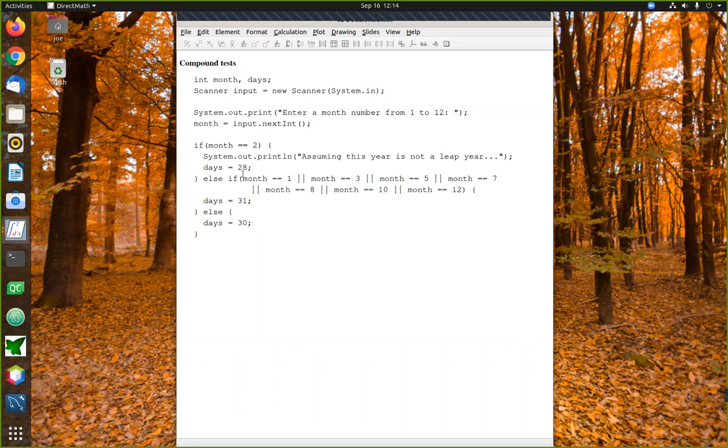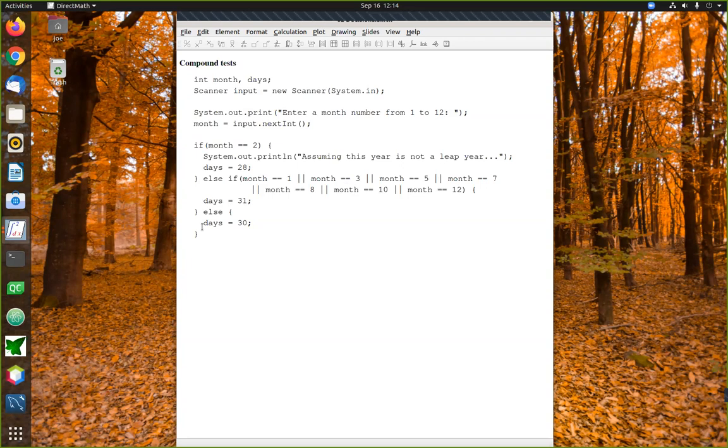Those are all the months that have 31 days in them. The way that we catch all of these cases is we write a separate test for each one of those months, and then we combine all of those separate tests by using what's called an OR combination. This is basically read: if the month is 1, or if the month is 3, or if the month is 5, and so on and so forth. If any of those cases turn out to be true, then we're in this case, and we know that the number of days is 31. Finally, the last case, the so-called default case, is if none of these other cases apply, we know that the month has 30 days, and we handle that case at the end.